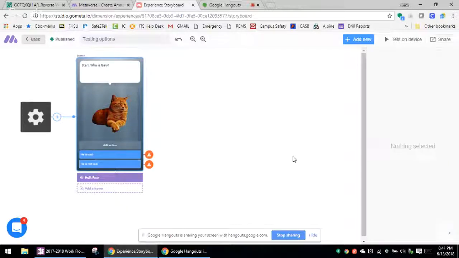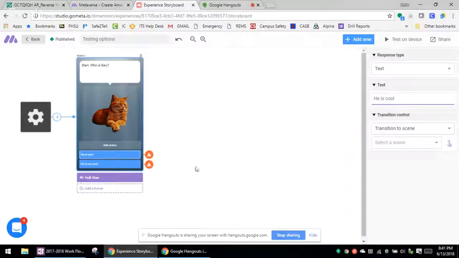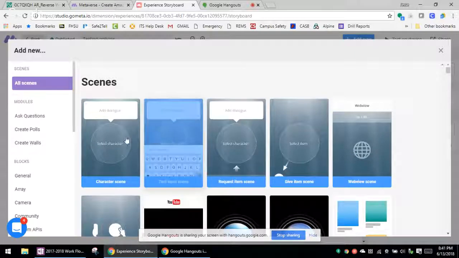So you can immediately start to think, okay, so now I can ask questions. You can also change the button style on these. Let's see, where is it? Text. Oh, you can do images too, so they can select different images. But so now what this does, add new. Let's just add